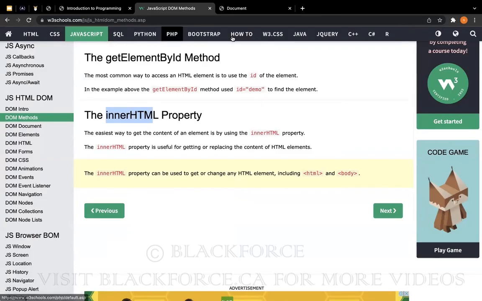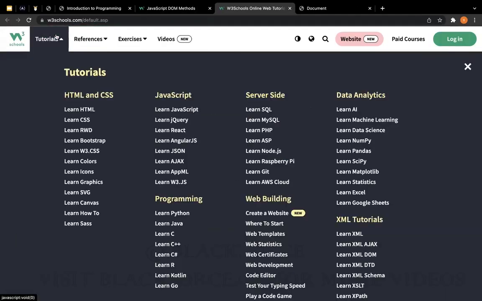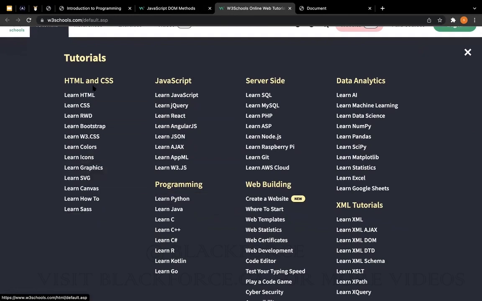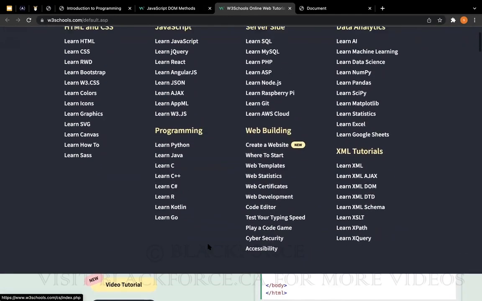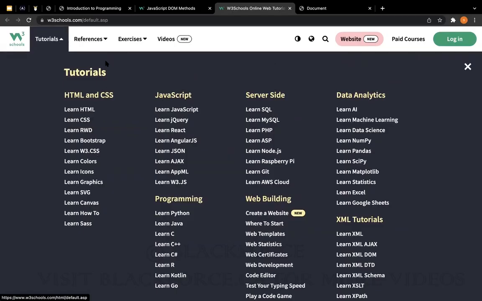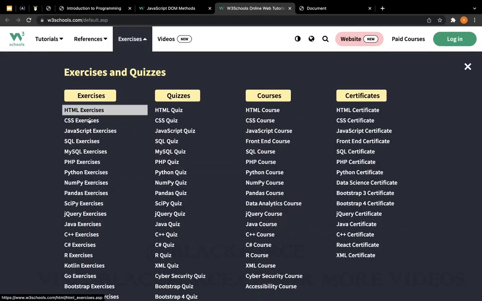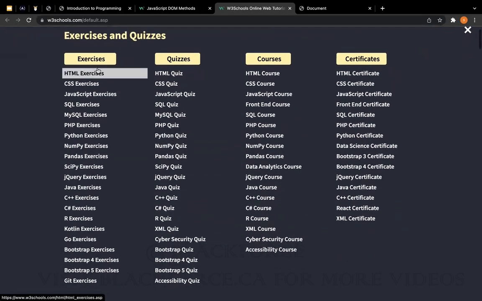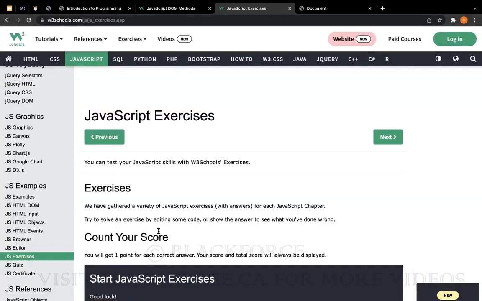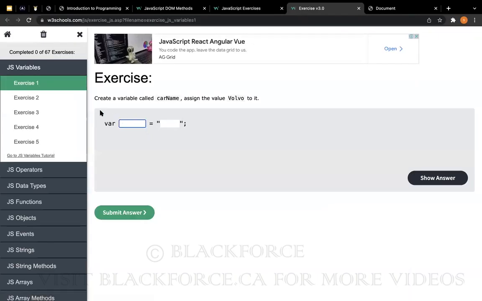To do some practice, if I go to tutorials and JavaScript exercises. I always look for that stuff. Okay, it's somewhere here, but I can't seem to find it. It's okay, exercises here, JavaScript exercises. Yeah, so if you come here with constant practice, it's going to make you learn the whole